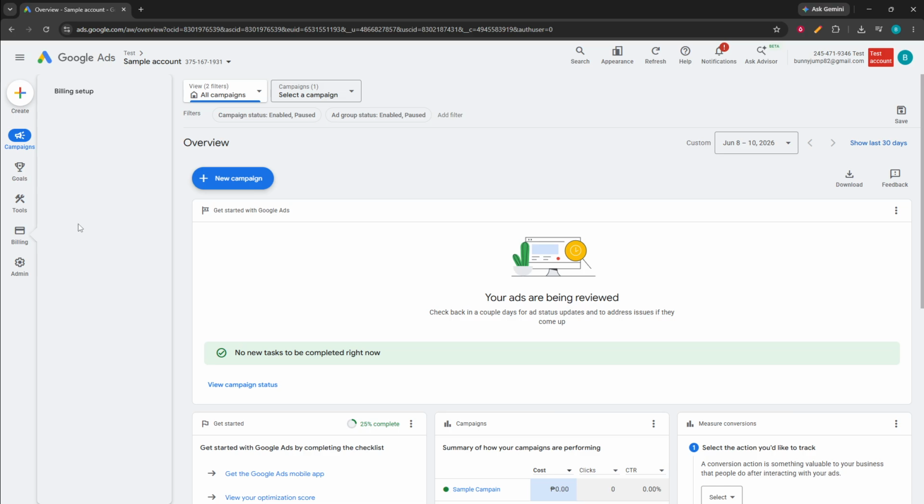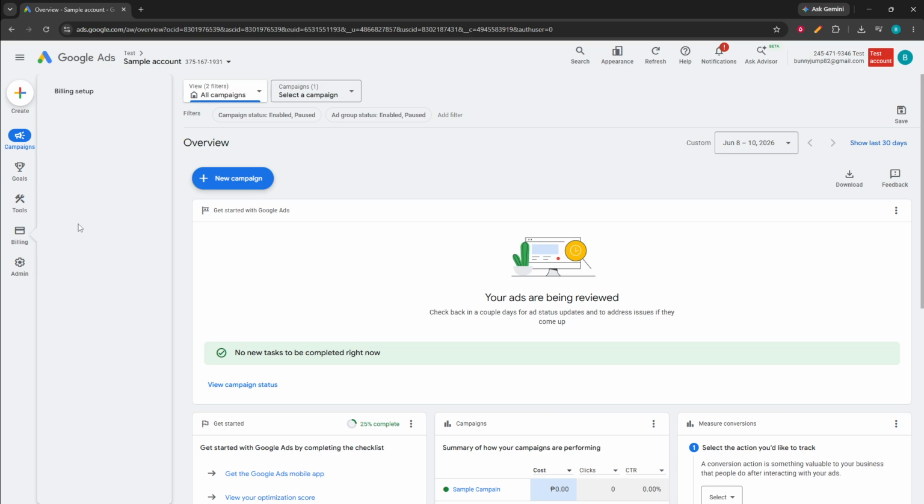Carefully type in the card number, then enter the expiration date. After that, complete any other required payment fields shown on the screen. These fields may vary slightly depending on your region or account type, so just follow the prompts exactly as they appear. As you enter your information, take a moment to make sure everything matches your card details to reduce the